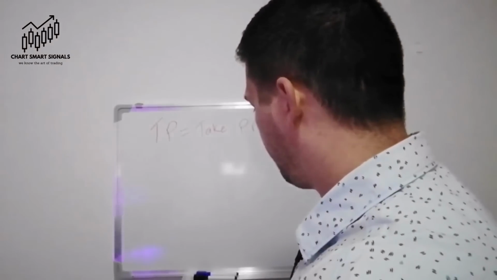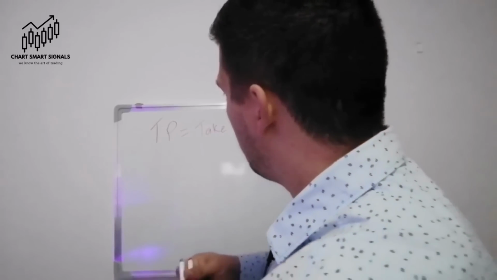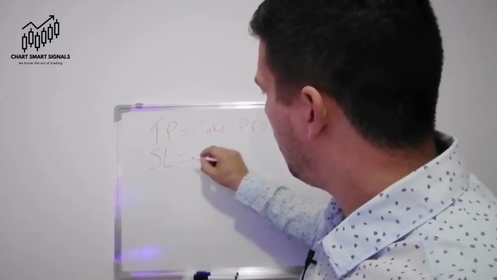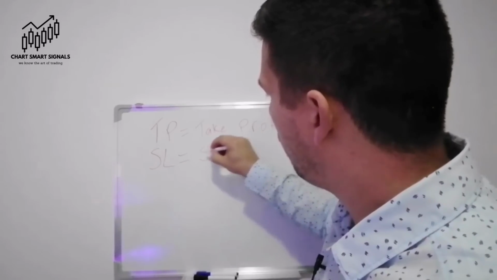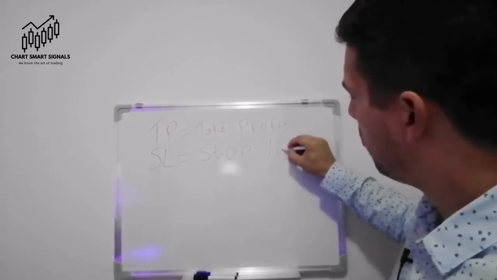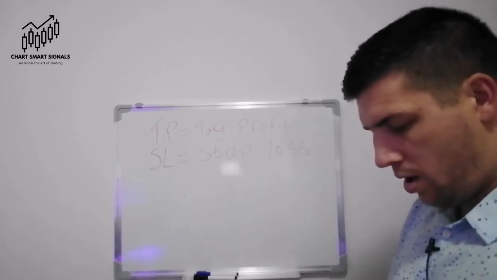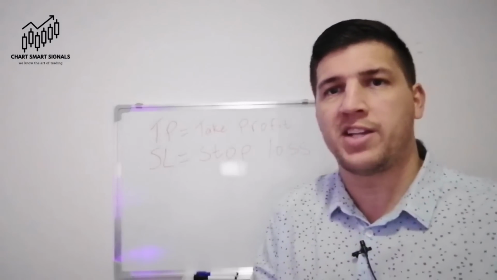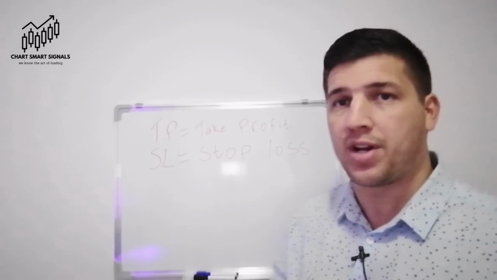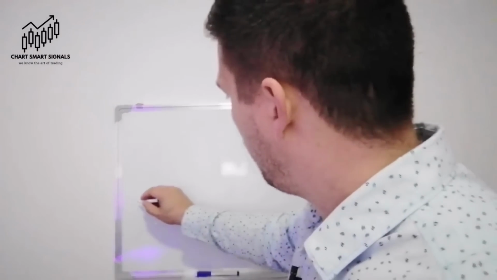And SL is stop loss. That is where the trade will exit at a loss if the trade doesn't go according to our prediction. All right, so what we're going to do is draw our chart,